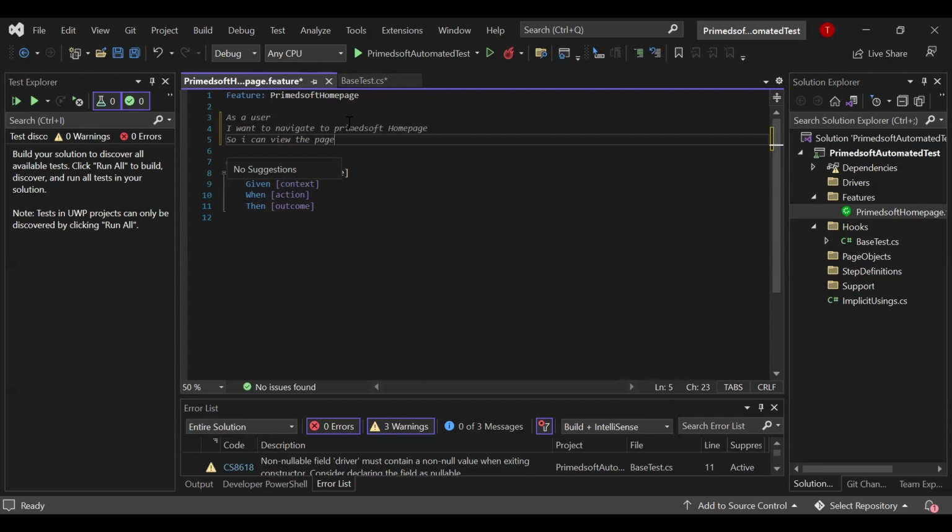Okay, so let's say you want to automate login. You can say, as a user, I want to log in. Okay, so I want to navigate to the website, so I can log in. Just a brief description that describes what you want to automate. Okay, so now one thing you need to pay attention to is whenever you create your feature file, you want